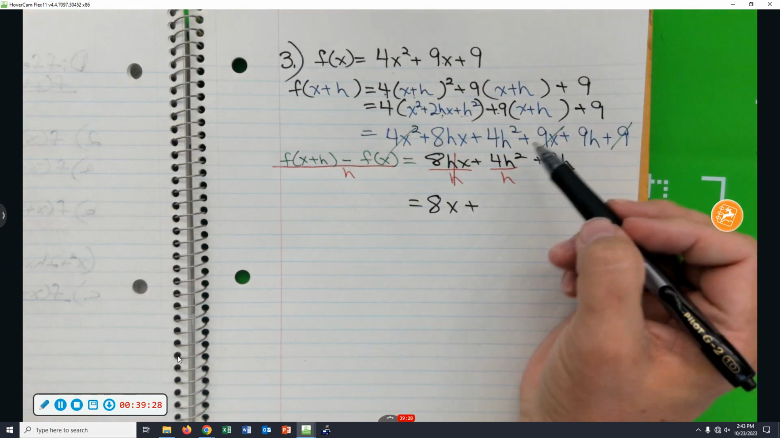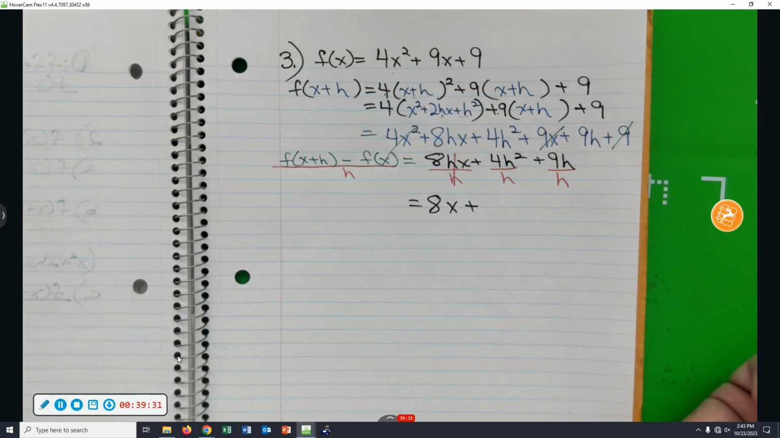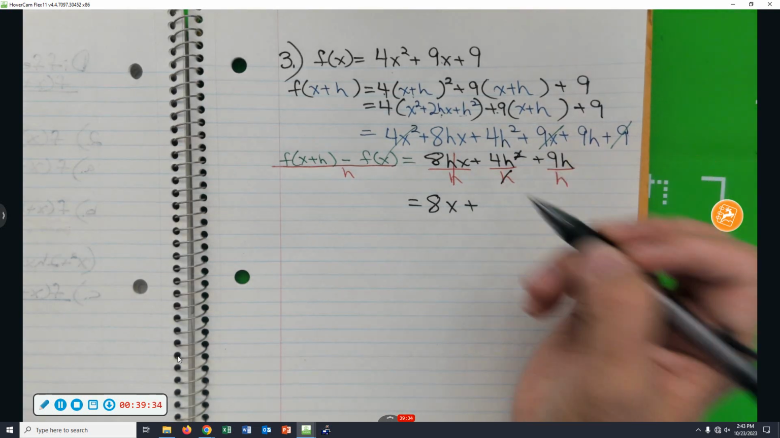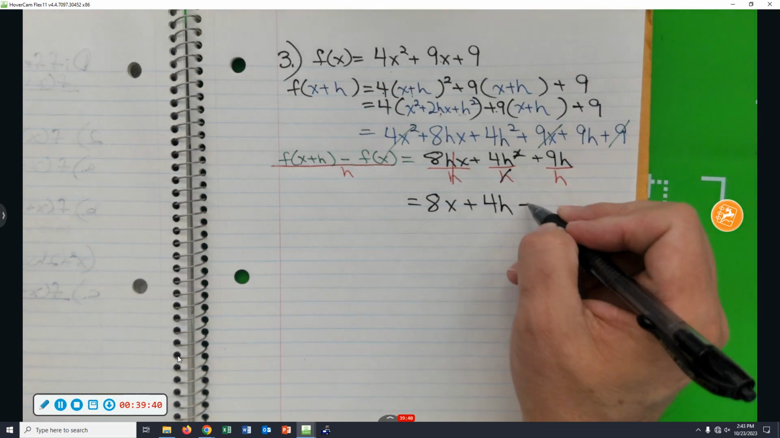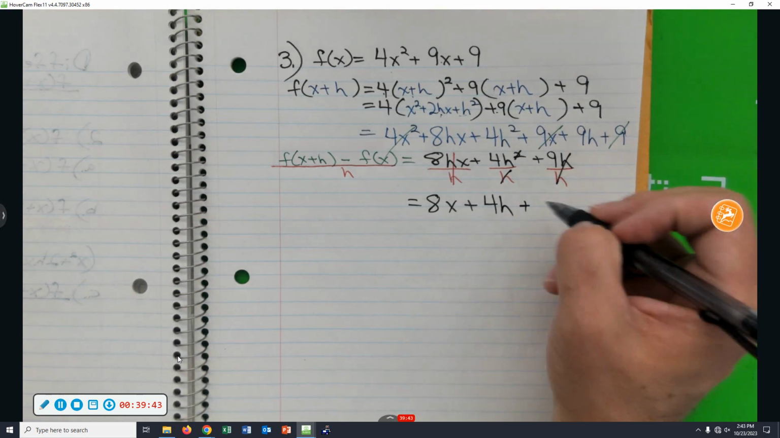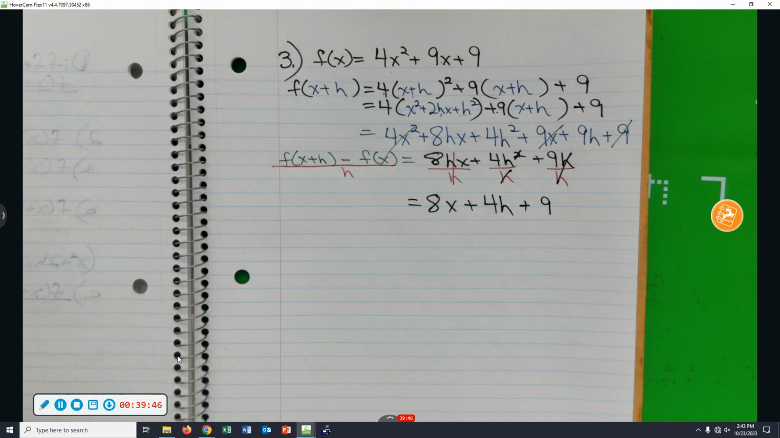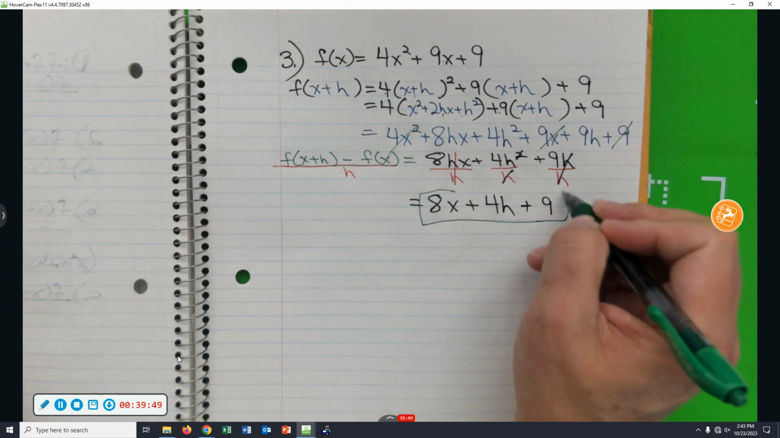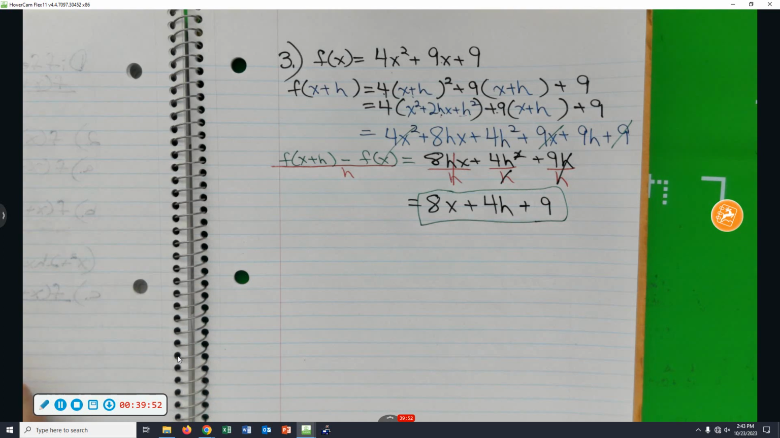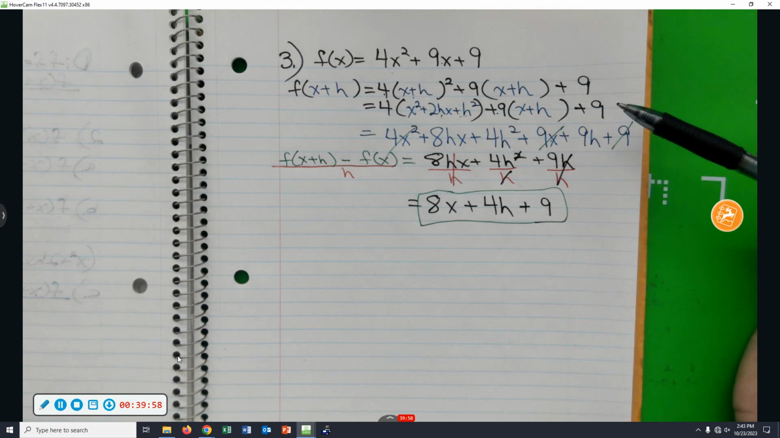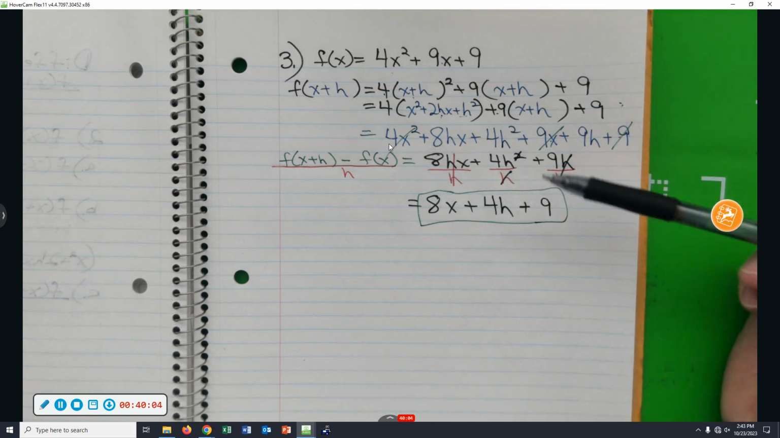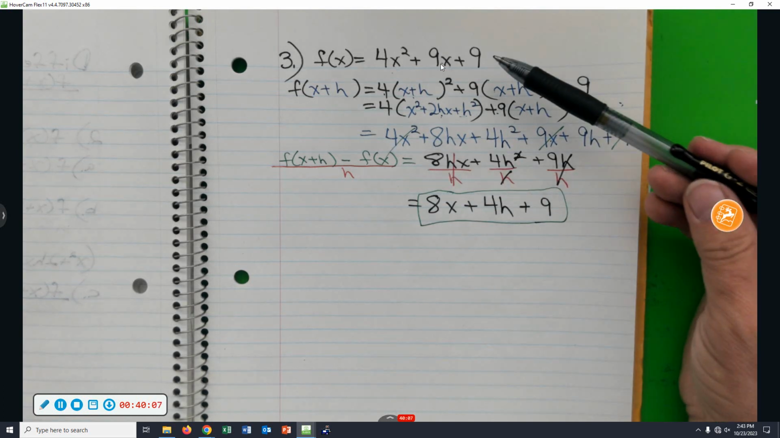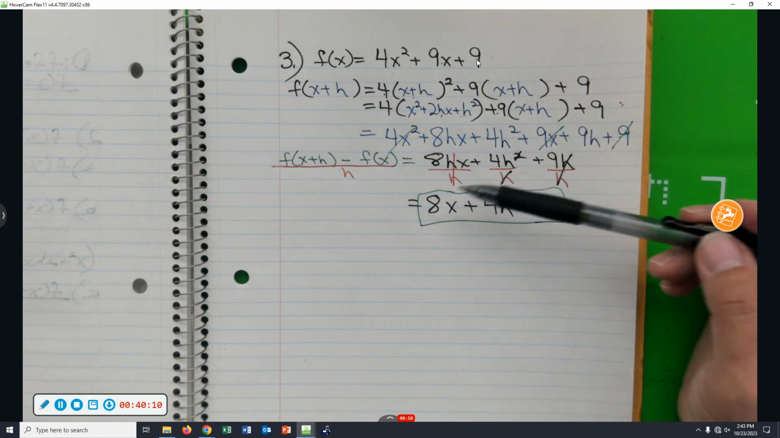plus, what's the second fraction going to reduce to? 4h. Cancel 1h above and below, so all you have is a 4h. What's the third fraction going to reduce to? Okay, the h cancels, leaving us just that plus 9. Any questions there? Once again, the f of x plus h, that's the longest part. And then you take away the terms from the original function, then you divide each term through